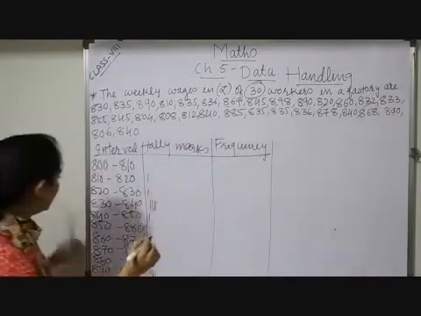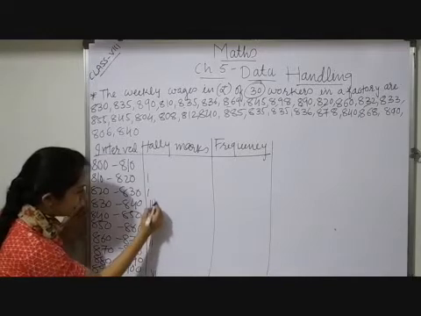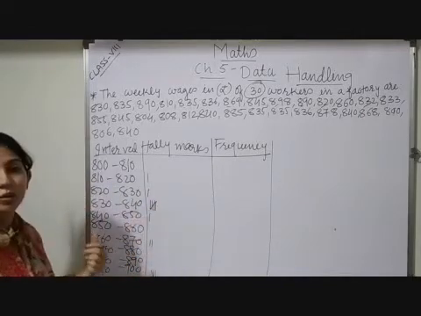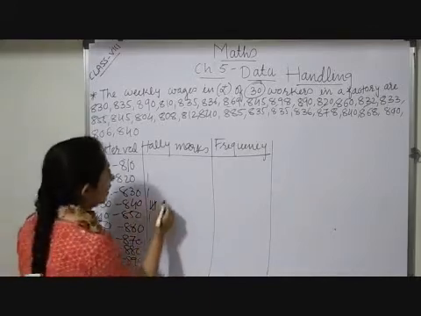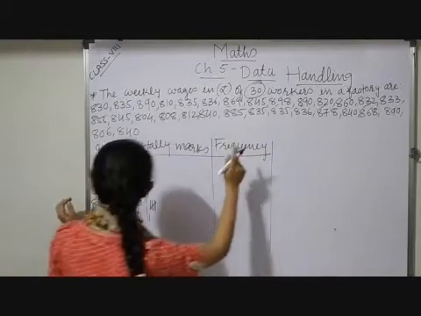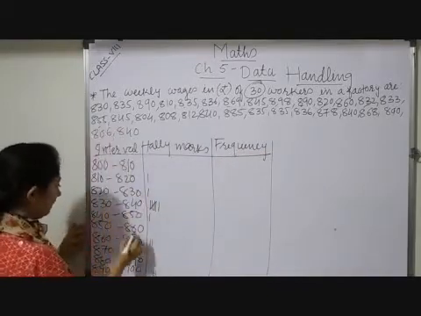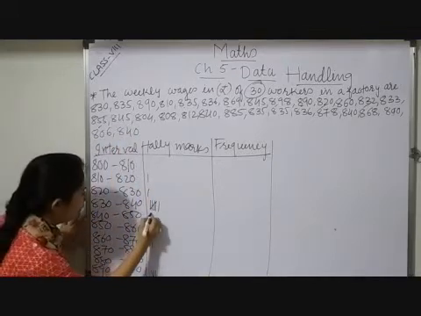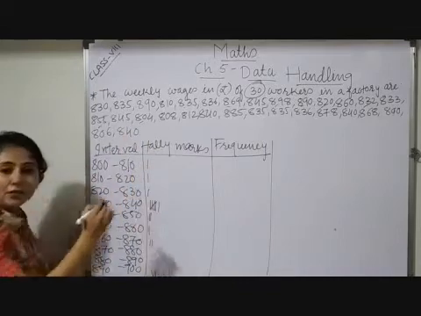832 will come here. See, observe, 1, 2, 3 and 4 tallies are completed, so the fifth tally we will do like this, so that easily after that we may calculate also. This symbol means 5 observations. Now 832 is completed, then 833, then 855. 855 will come in this interval. After that 845 will come here. Then 804 will obviously come in the first interval.